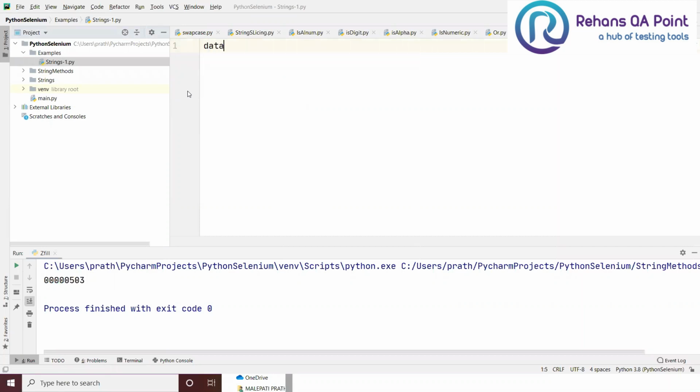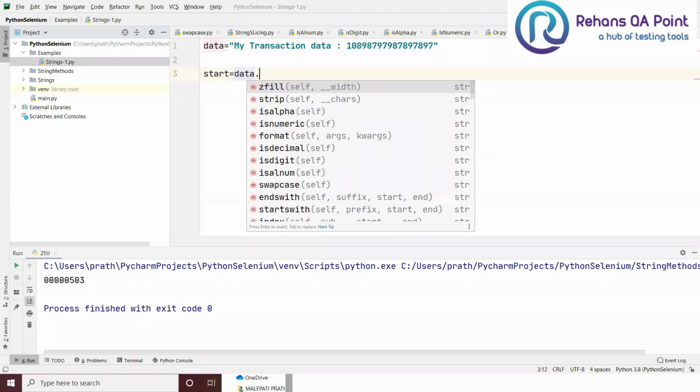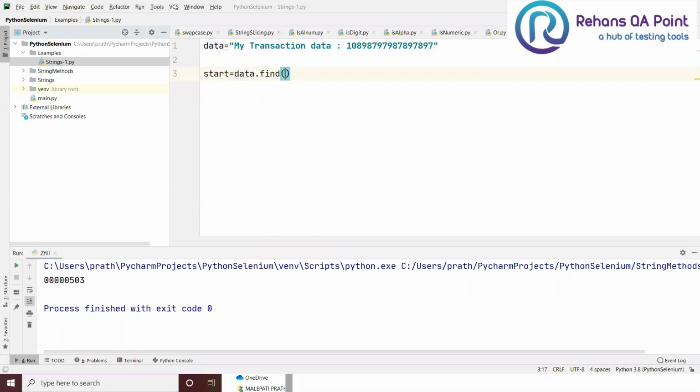Now I'm going to use my data equal to this. Now I want my start position equal to data dot find. Yesterday I told you about the find method. This method is going to get the index position of the user given character. What is the user given character here? Colon.